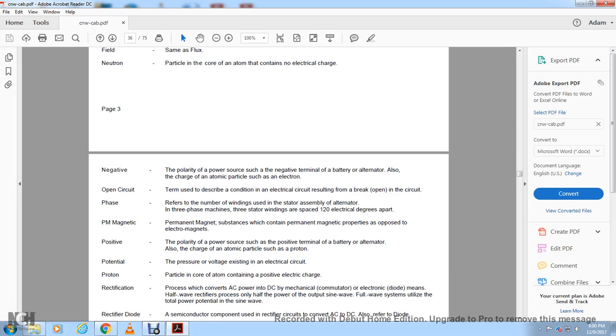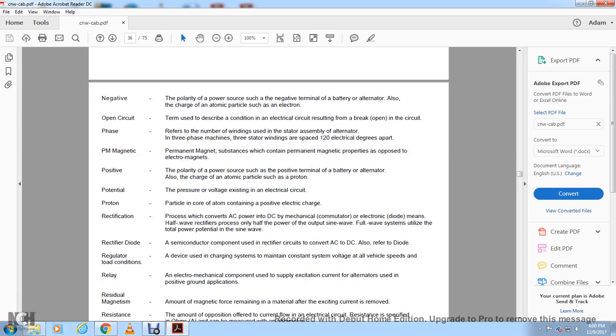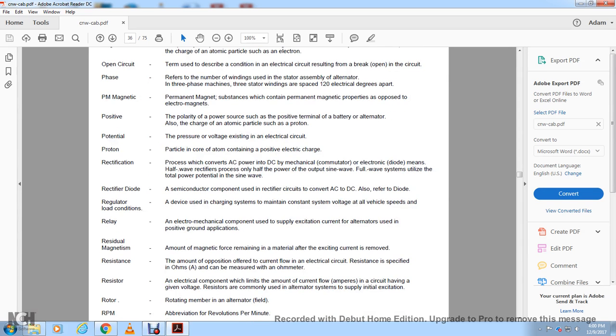Rectifier, mechanical commutator or electrical diode: half wave means the rectifier process uses half of the power output of the sine wave. Full wave uses the total power of the sine wave. Rectifier diode: a semiconductor component in the rectifier circuit that converts AC to DC. Regulator: a device used in the charging system to maintain constant system voltage across vehicle speeds and load conditions. Relay: an electromechanical component used to supply excitation current to the alternator, as in a positive ground application. Residual magnetism: the amount of magnetic force